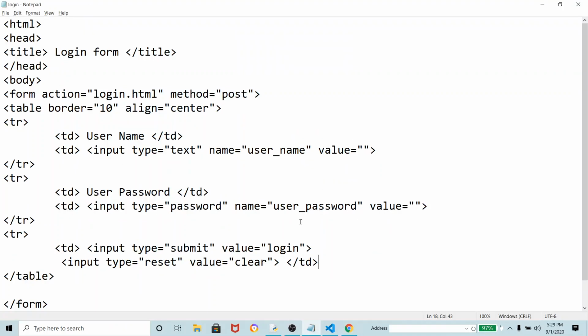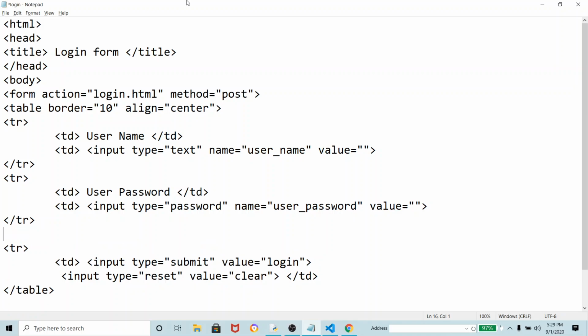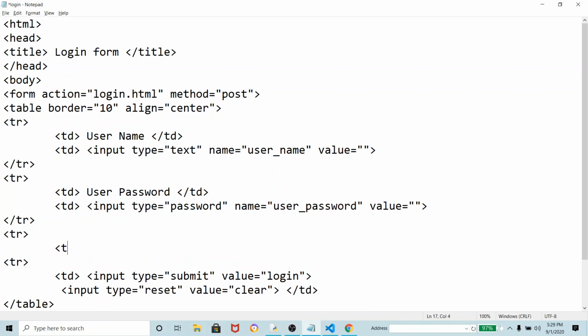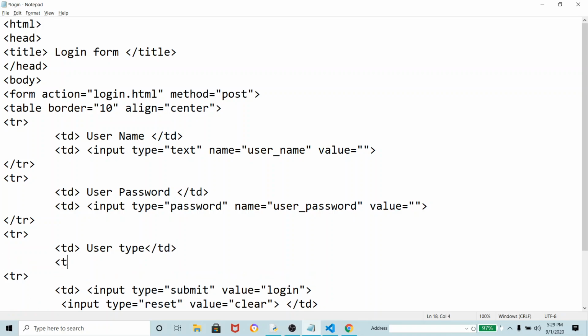Now here I am going to make one more field. Before writing the data you have to ensure what fields we have to show. Now again I am opening tr and inside td I am writing here user type, td close, and again inside the td I am writing select.